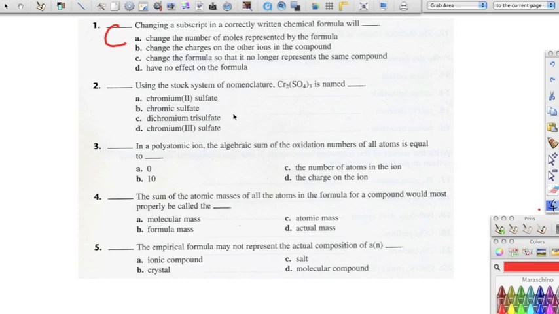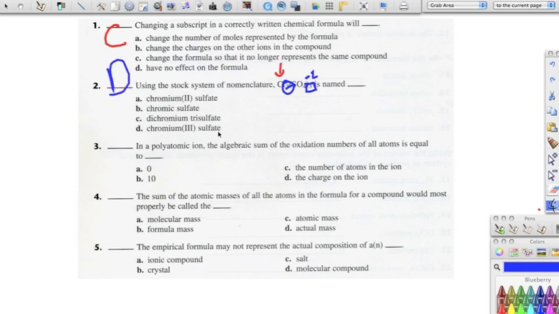Number 2, it says using the stock system of nomenclature. This is the system that we learned. Cr2(SO4)3 is named... Well, first we look at this and we see that we have chromium, and we know that's a metal, so it's an ionic compound. So we see that chromium is in the D block, so it needs to do the right triangle rule. The oxidation number of sulfate is -2, so it matches the subscript of 2. So that means that the 3 subscript over here, remember, right triangle, the 3 is our Roman numeral, so this is going to be D,